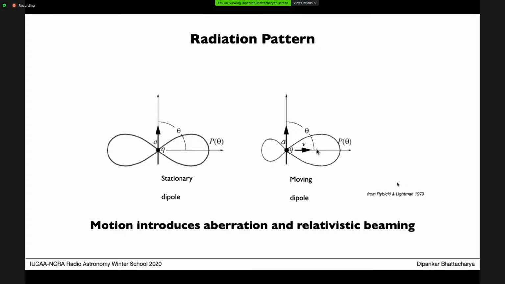However, if we integrate over all angles, the net emission, the energy loss from the charge, remains the same. Therefore, since the emission is now beamed within a very narrow angle, in that direction the intensity per unit solid angle is highly enhanced, because energy is taken from all other angles and pumped into that small range of beaming angles. So you get a relativistic beaming which enhances power in the direction of motion of the charge.